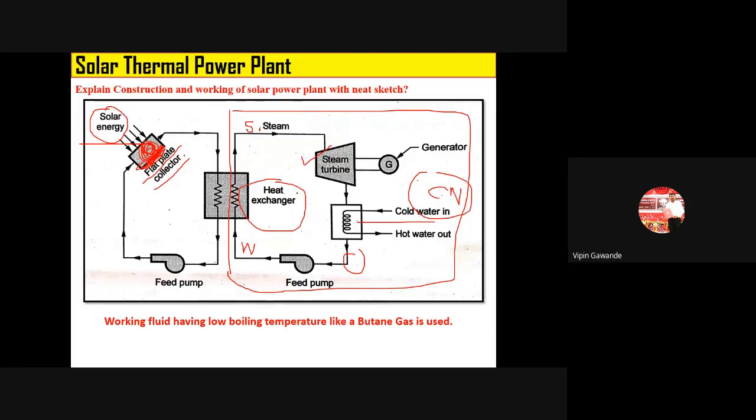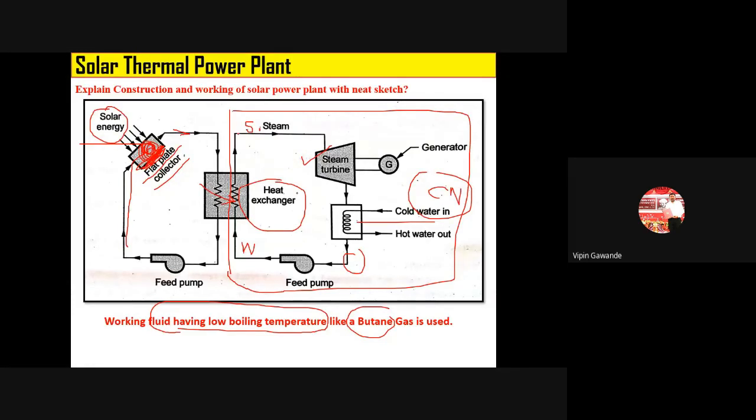Now आता आपल्याला काय करावं लागेल? We have to take that heat from this flat plate collector. So we have to send someone, है ना, कोणीतरी आतमध्ये जाऊन ते heat absorb करायला पाहिजे. So we are sending the low temperature fluid, or low temperature gas. Here we are using butane gas. In solar thermal power plant, we are using butane gas. Butane gas will flow through this pipe and enter into the flat plate collector. It will absorb the heat trapped inside, and then that heat is released to the water in the heat exchanger. So when this water receives the heat from the butane gas, that water is converted into superheated steam.